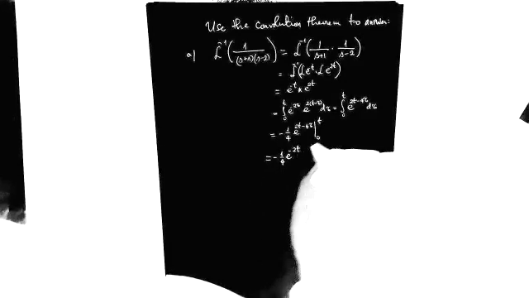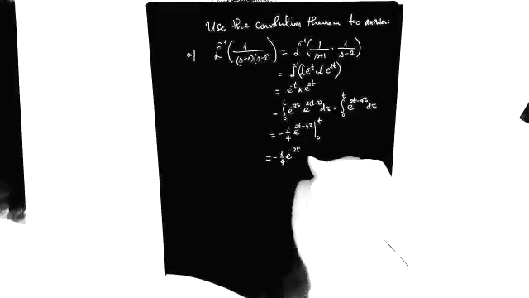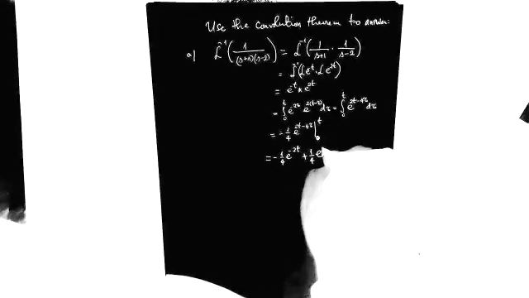And this is equal to minus 1/4 e to the 2t minus 4 tau, plug in 0 and t. When you plug in t, that is minus 1/4 e to negative 2t minus, when you plug in 0, minus minus becomes plus 1/4 e to the